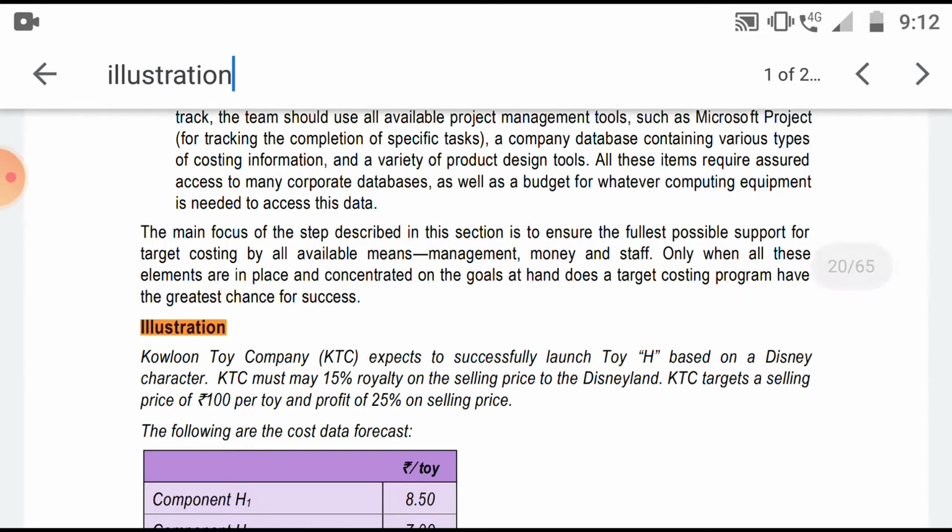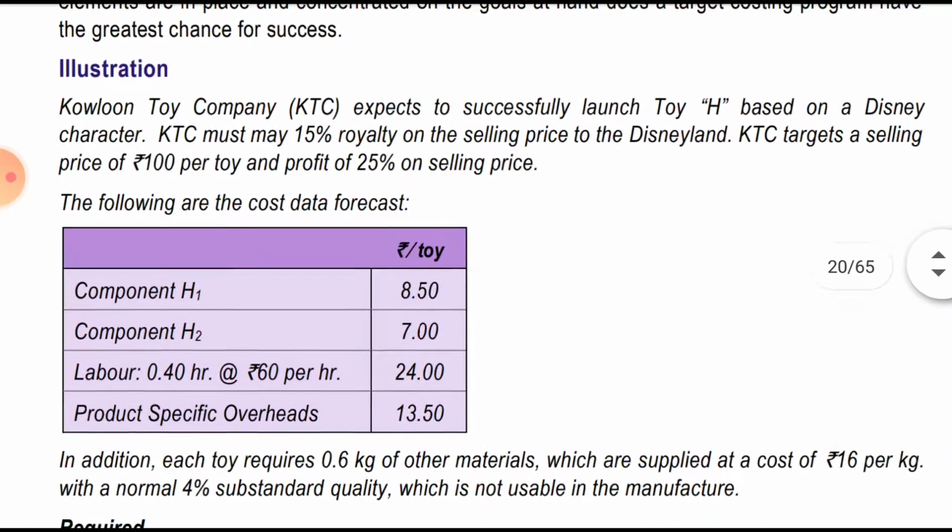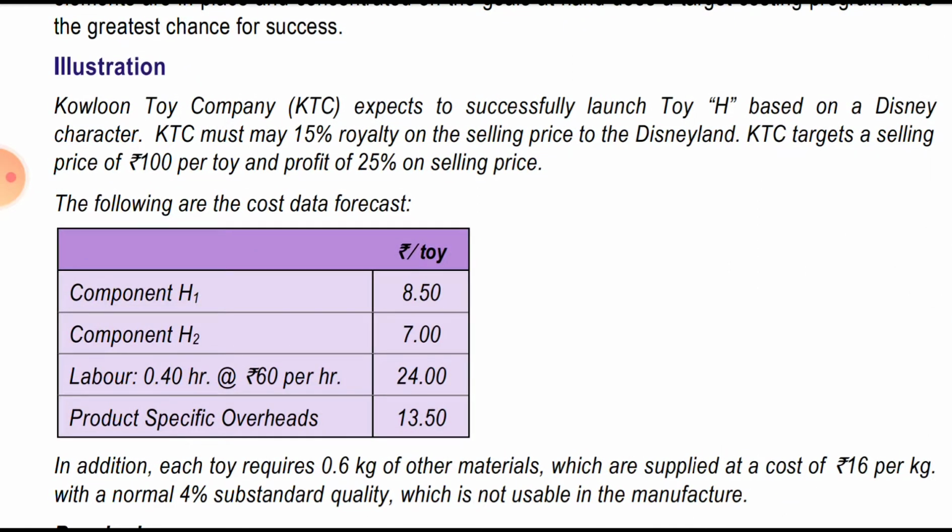How many illustrations are there in this? There are only 3 illustrations. Very good. And this illustration is also much simpler. So we will quickly revise, as this is a revision video. I will not take much time in explaining, though the last video, business process re-engineering video, took a little longer, 40 minutes for just one question. So we'll try to keep the video duration as low as possible, though I will ensure that each and every point has been properly understood by you all. Okay, let's start.